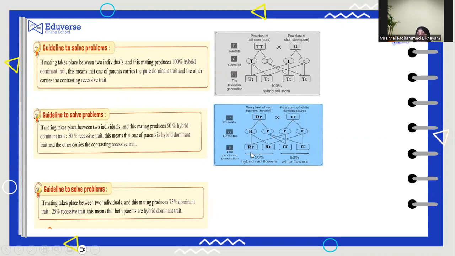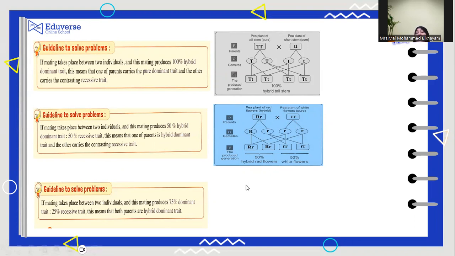So 1 with 1, R capital, R small; 1 with 2, R capital, R small; then 2 with 1 and 2 with 2, R small. That gives 50% hybrid red and 50% white flowers. The last one: if mating takes place between two individuals and this mating produces 75% dominant and 25% recessive, this means that both parents are hybrid dominant, like the second